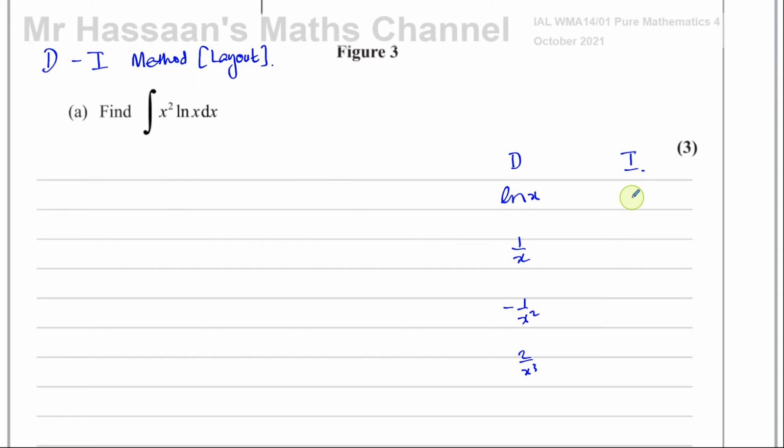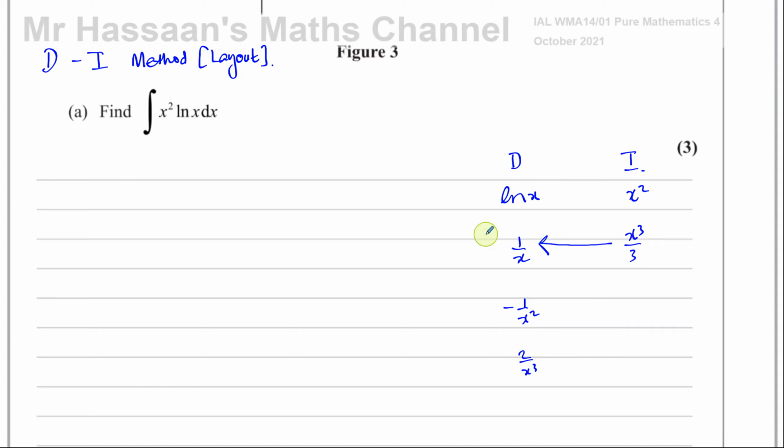Okay, and let's just start integrating the other expression, which is x squared. If you integrate that, you're going to get x cubed over 3. And then when you see this happening, like it doesn't get to 0, you always check: if I multiply these two together, will I get an expression that I can integrate? If I multiply these together, I'm going to get x squared over 3. I can integrate that. If so, you stop